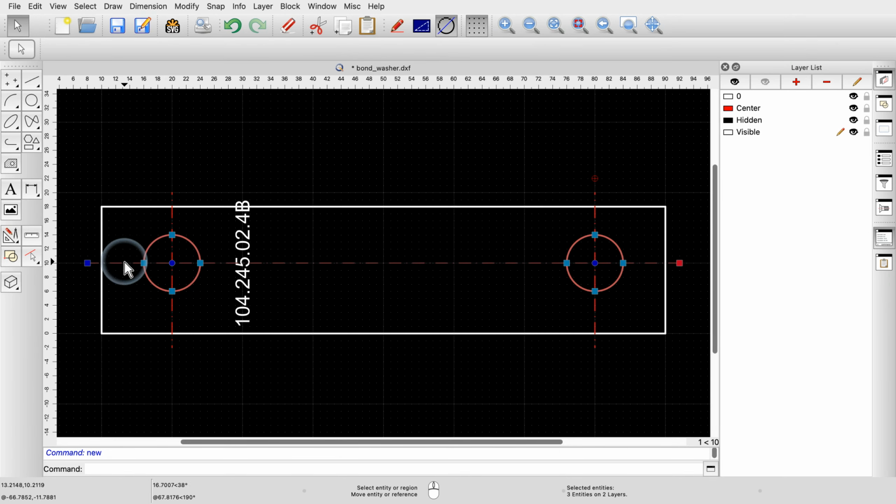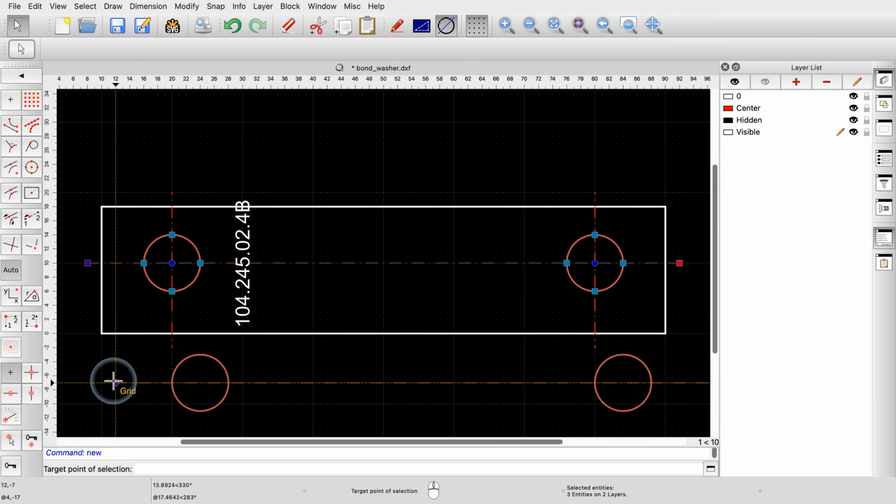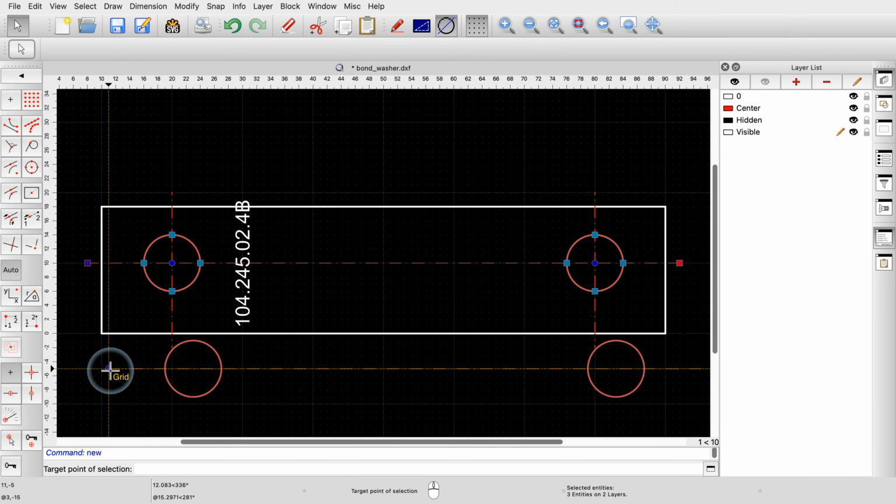Now we press the left mouse button on the center line but not on top of a reference point and keep it pressed. We move the mouse cursor a bit until we can see that we are dragging the selected entities with the mouse. We can now let go of the left mouse button. Because we started dragging on an entity and not on a reference point, we are now moving the whole selection, not just a single reference point.